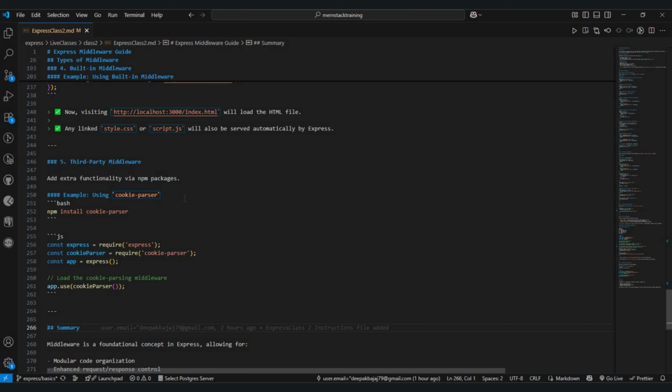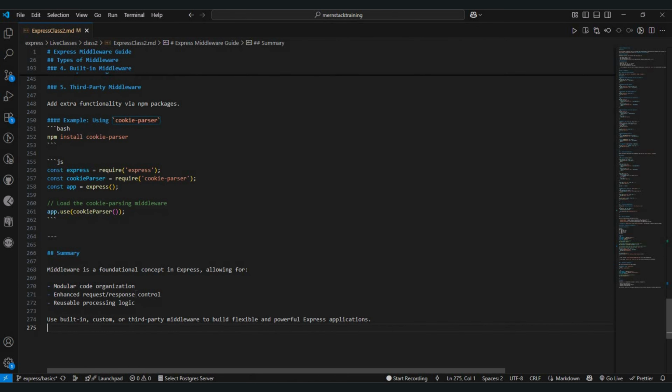Okay, so here we are installing this. First we are installing this cookie parser, and after that we are using this, and in this we are using that load the cookie parser middleware. Okay, and this is a what is